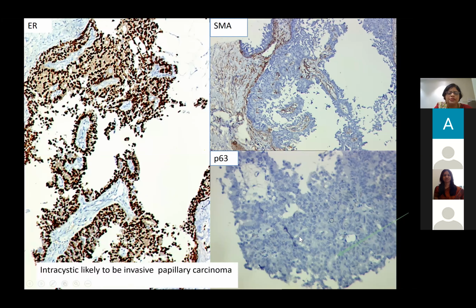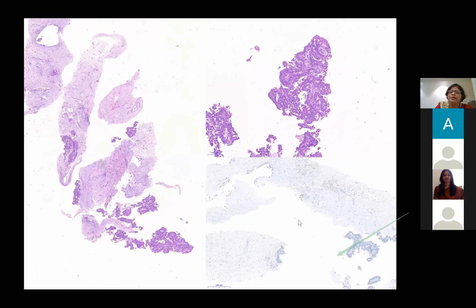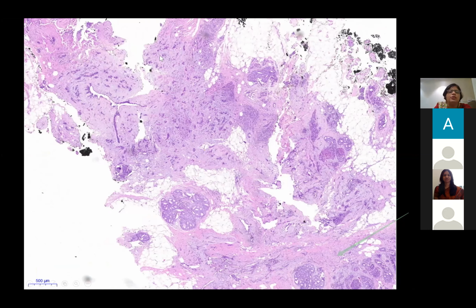Now, here is another lesion. This lesion worried me because it didn't have myoepithelial cells. So I said this is a complex papillary lesion, it may be with atypia, and it requires excision biopsy. And lo and behold, what happened was this was the lesion: the papillary lesion had actually collapsed and there was a frank invasive tumor sitting next to that papillary lesion.